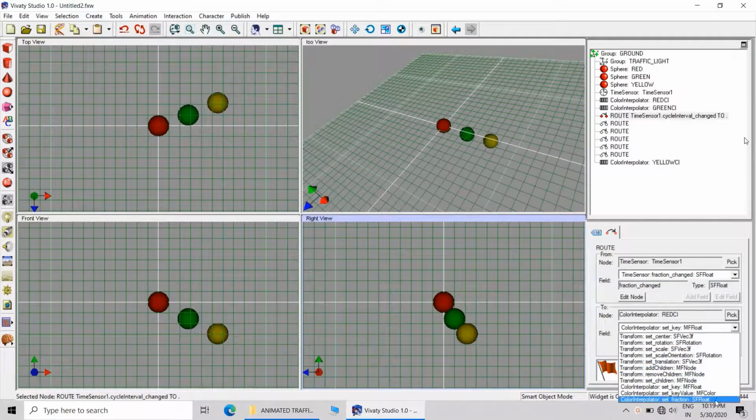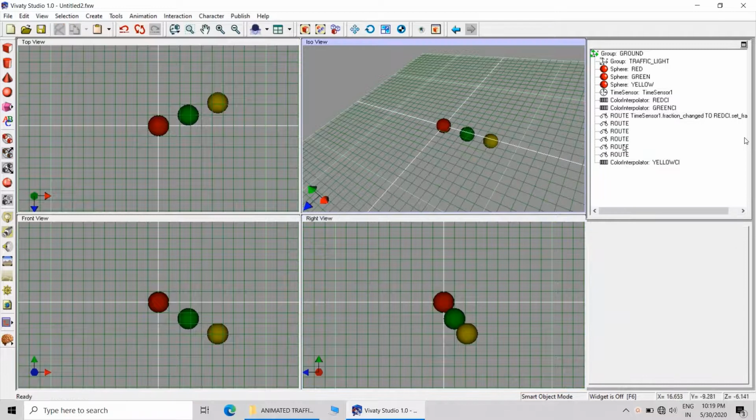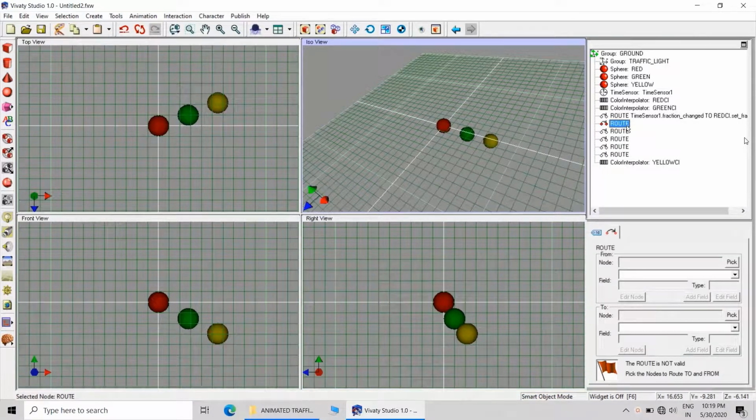Now when you choose the correct field, the route will become valid and it will show the green flag. It means that it is a valid route.